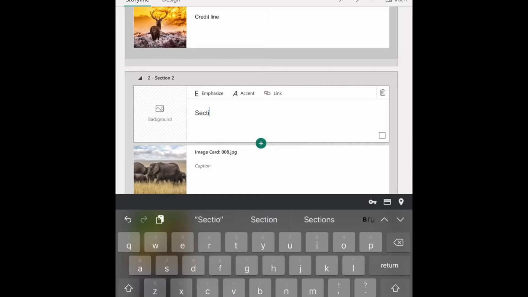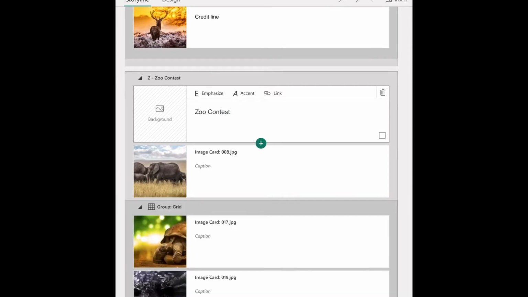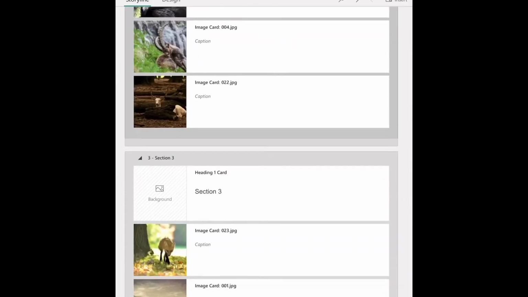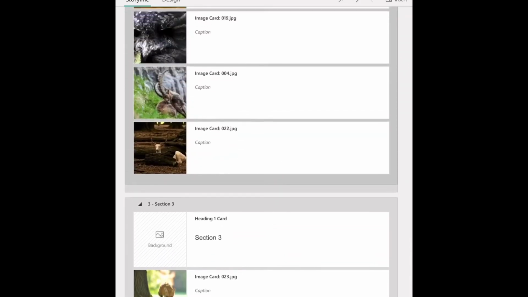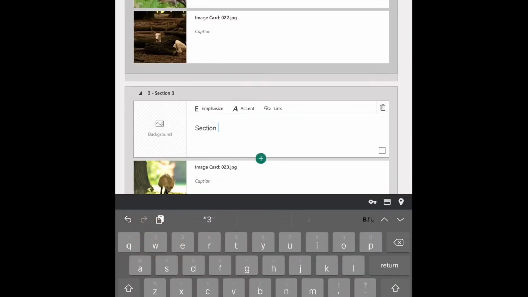Okay, so there are 3 sections in this Sway, and what I'm doing is just a mock-up of some way you could have your students set it up. So for example, in high school we have some mandatory contests. We have the zoo contest and the African American portrait contest. So I'm just giving the labels to these next 2 sections, the zoo contest and the African American portrait contest,